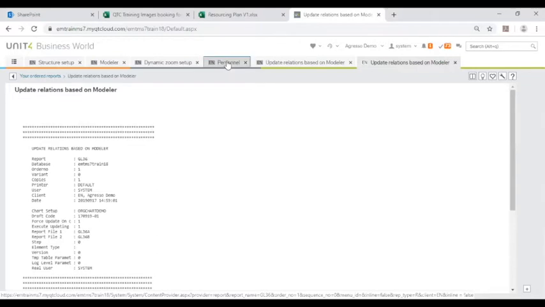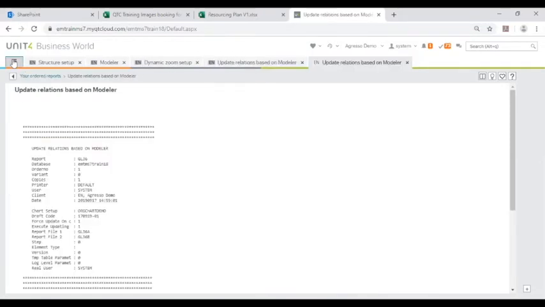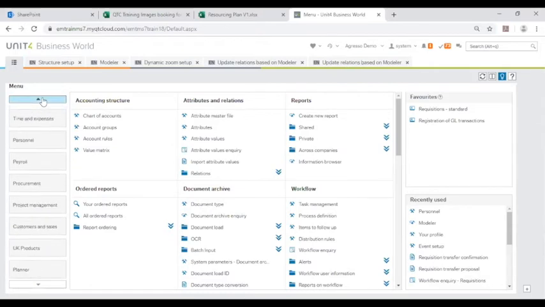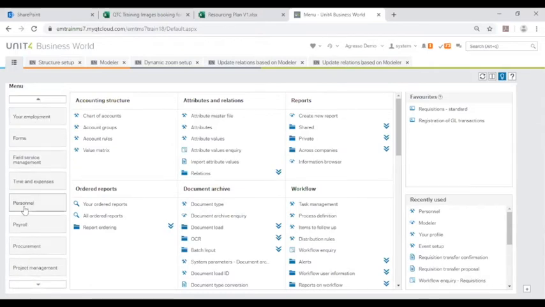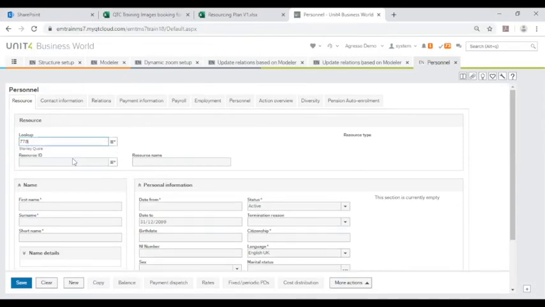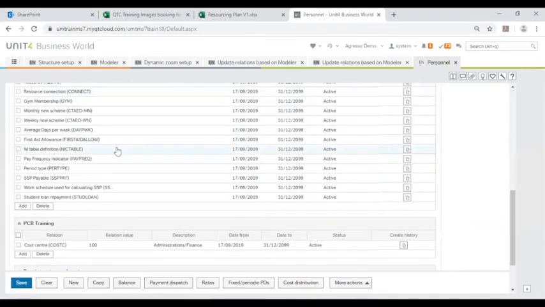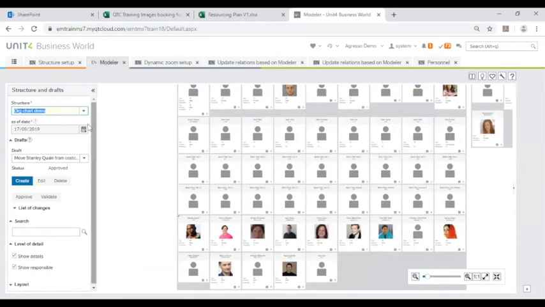I'm going to go back to personnel. I will close personnel and reopen it so that we can see that it's actually taken effect. So personnel, and I'm looking for Stanley Quell. I'm going to change that. Relations, and I'm going to go down here, and here you can see Stanley Quell now belongs to cost center 100. And if I just update this as well